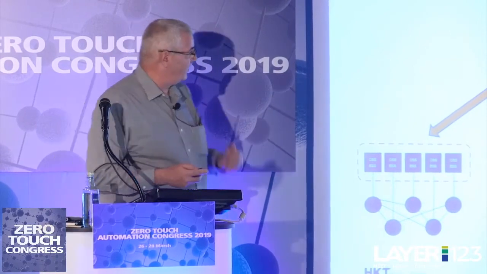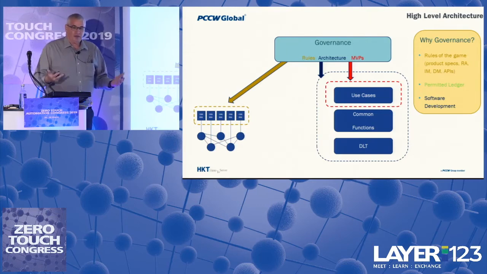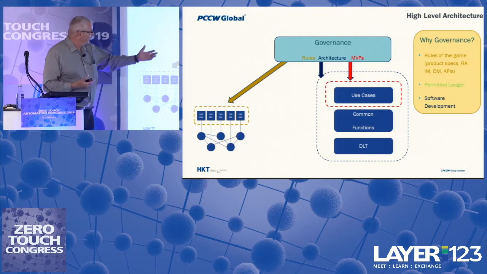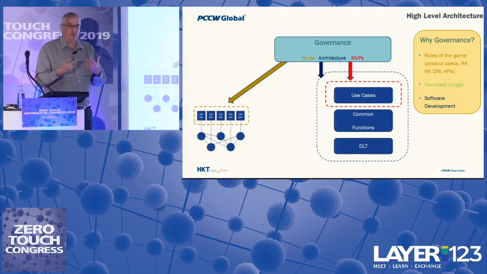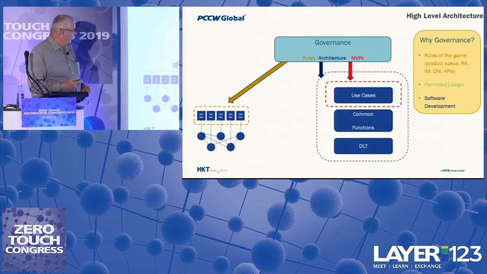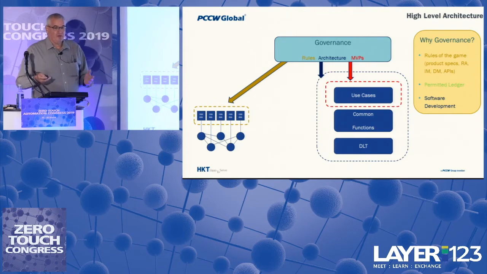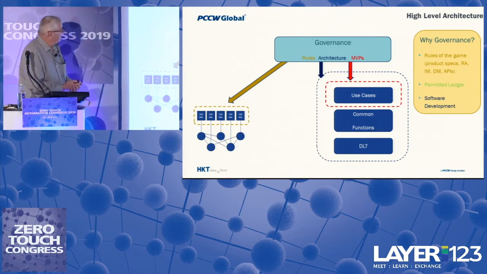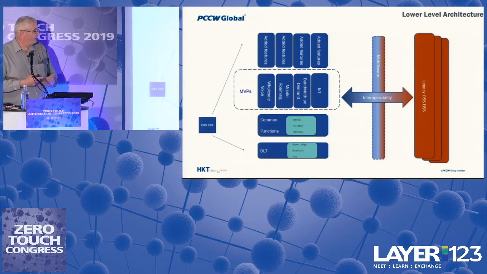Why governance? As I explained, it defines the rules of the game. This is basically what standard bodies are doing today. We define the rules, we define the standards, we operate. This is a permissioned ledger, so we need to permit people to participate, and we need to manage the software development. Today, all blockchain developments are proprietary, and we want to try and remove proprietariness and open it, turn it into an open market.